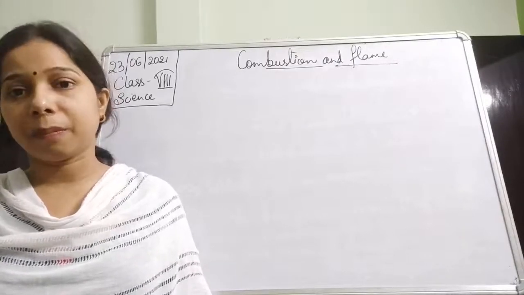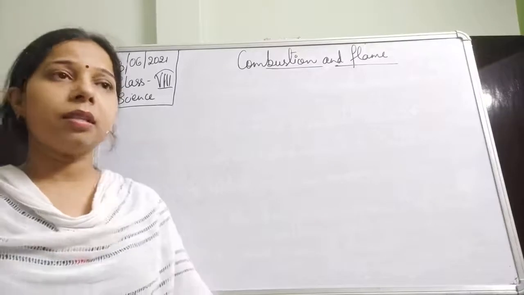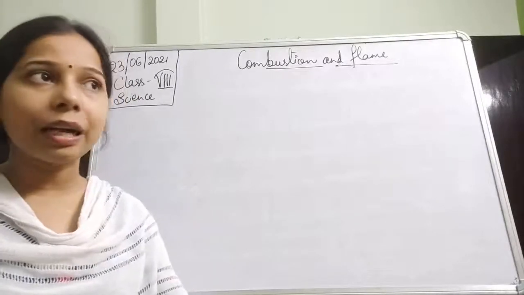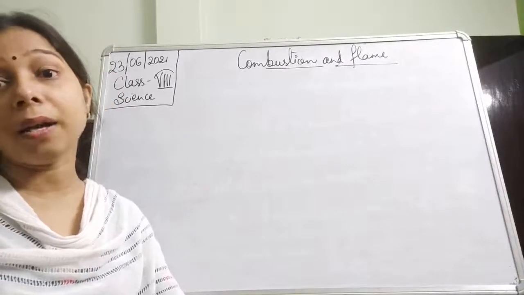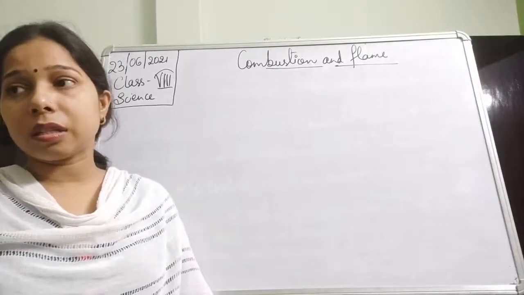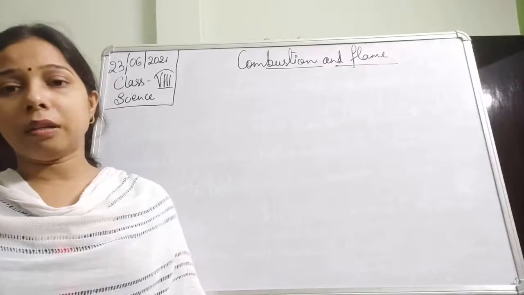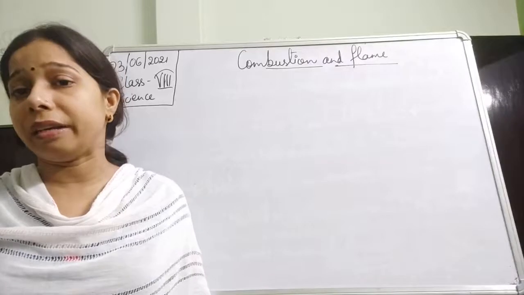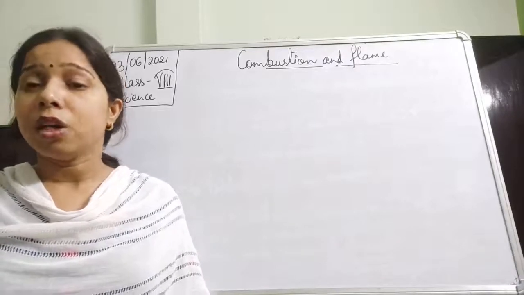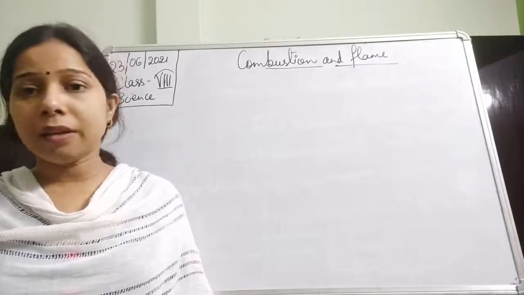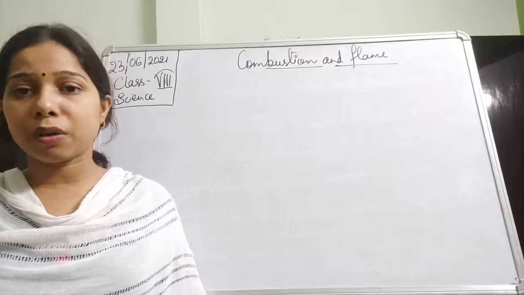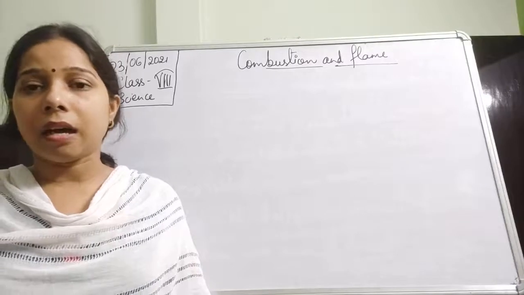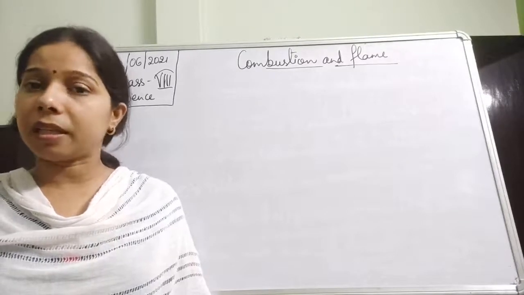flame. Here, since it is showing complete combustion, it does not leave any kind of residue, students. We can confirm that it is a complete combustion, since it does not leave any residue behind. So it is blue in color, does not leave residue, and the reason is the sufficient amount of oxygen received by it, due to which it shows a complete combustion.